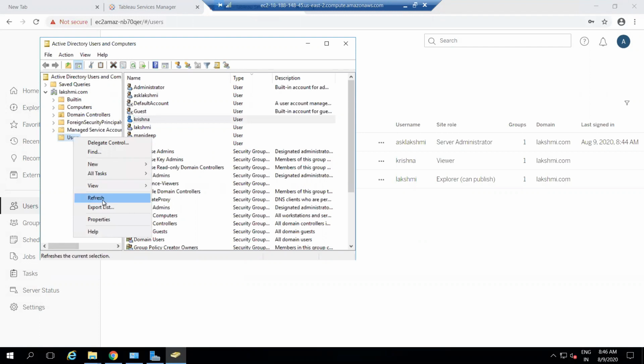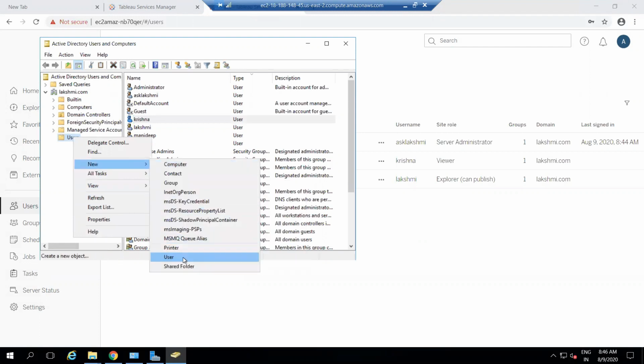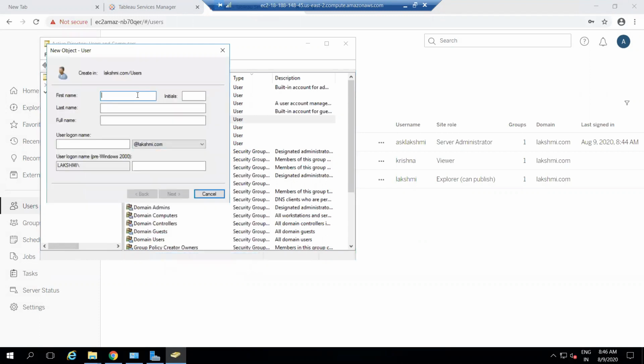Now let's create a new user. We can give any name, but in organizations, as I said, this will be taken care of by the Active Directory team, or whichever team maintains the Active Directory domains and user base. It is not the Tableau administrator's task. They create users in this pattern, and once the user is created, they let us know and we simply import them to Tableau Server.